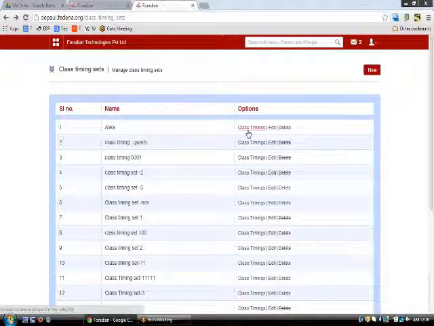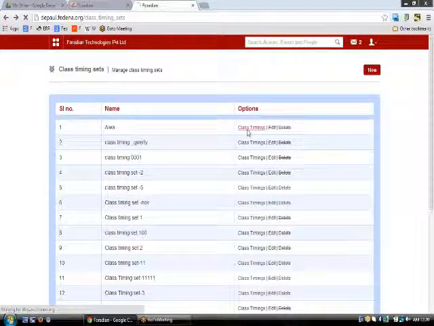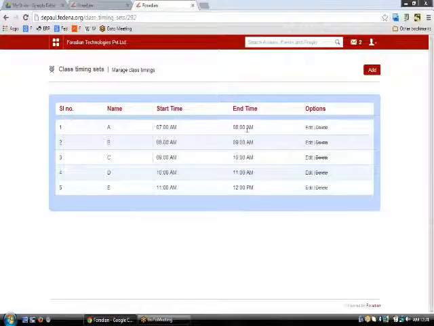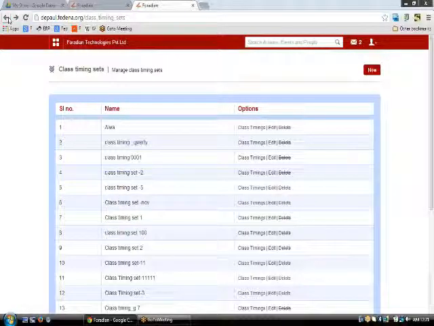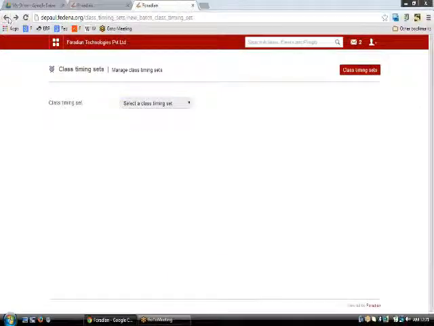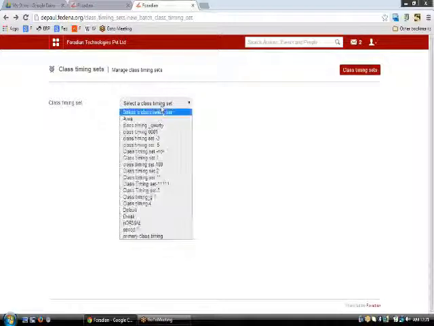Once you have done this class timing set, you can go to this particular link and then add the start time and end time for each of these class timings or the periods in the particular class timing set. Once you are done with adding the periods for each class timing set, you will have a list of all these class timing sets, and each class timing set that you have created will have